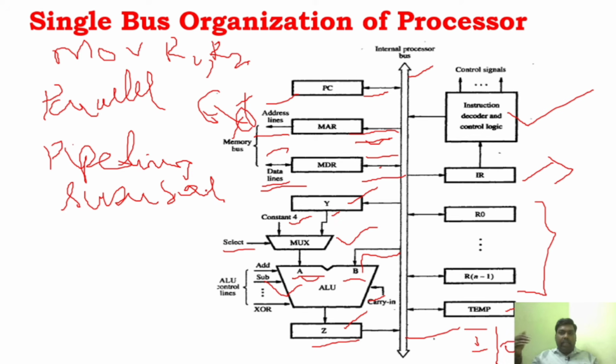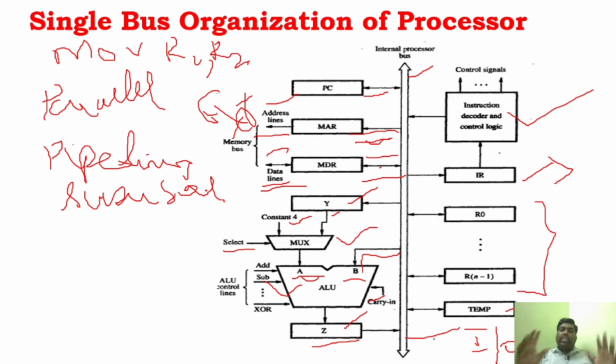One by one, it will execute the instructions, but once an instruction starts the execution phase, it will go to the next instruction. It will not wait until the previous instruction is completed. That is known as pipelining. It performs the operations in parallel. And what is meant by superscalar operation? So far, as we have seen in unit 2, the processor fetches instructions one by one and executes them. But superscalar is nothing but at the same time it will fetch a lot of instructions and execute them at the same time. That is called superscalar operation.